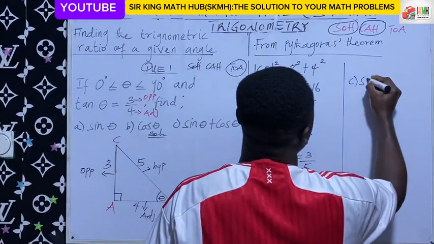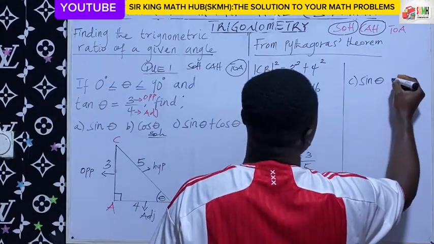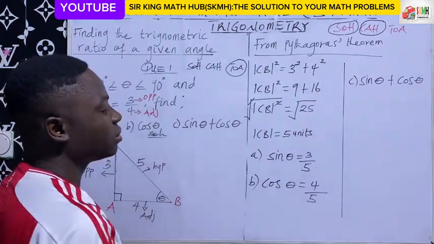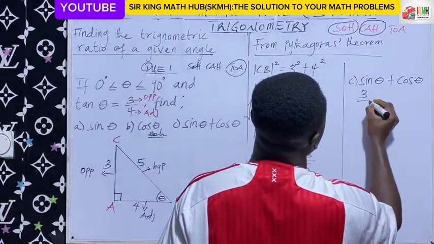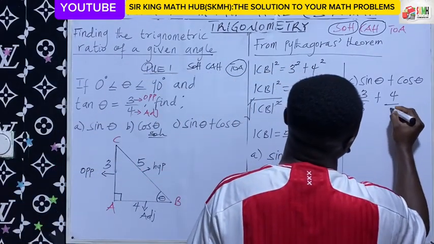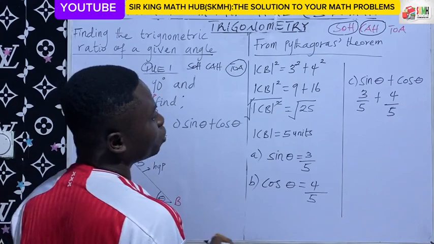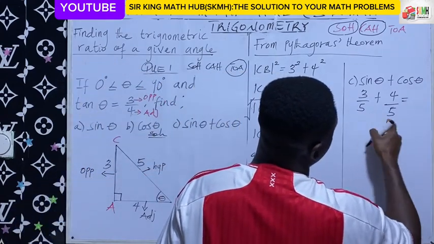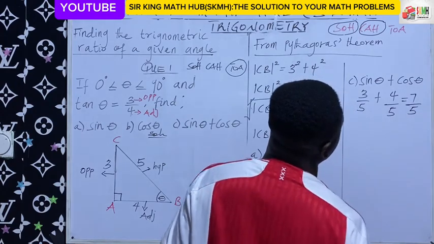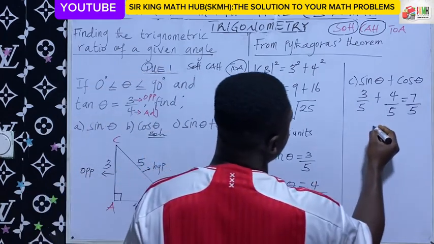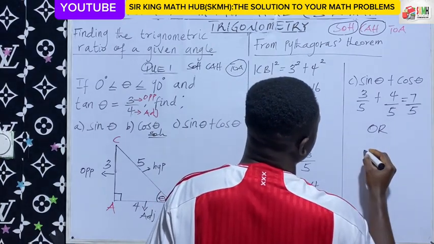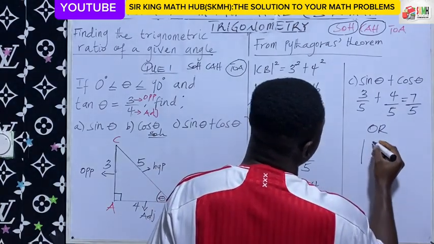We have to find sin theta plus cos theta, and then we have already done that, so just do the substitution. Sin theta we had 3/5 plus cos theta we had 4/5. So this should give us, the denominators are the same, so they are like fractions. So I'll just write 1 and then 7/5, or we can equally change it to mixed fraction. So 5 goes into 7, 1, leaving a remainder of